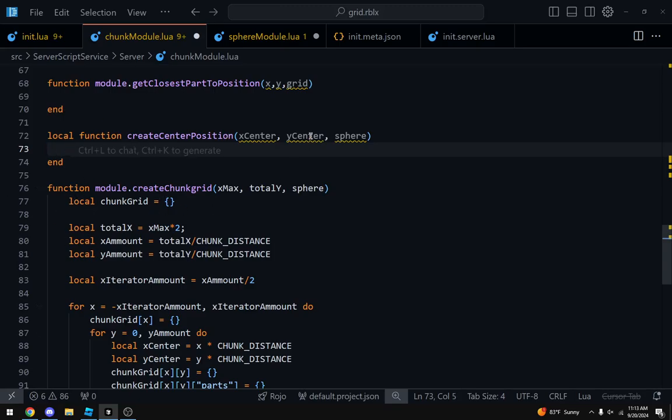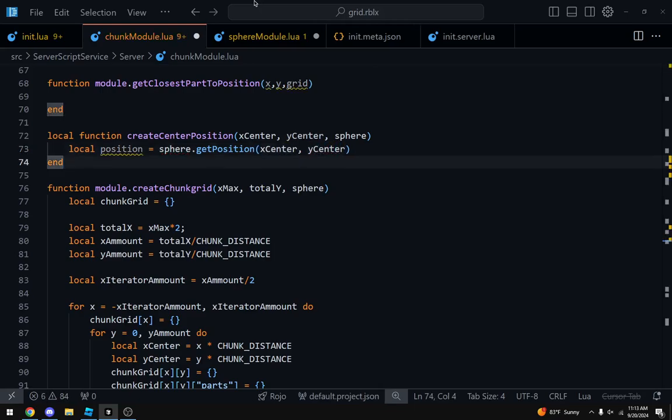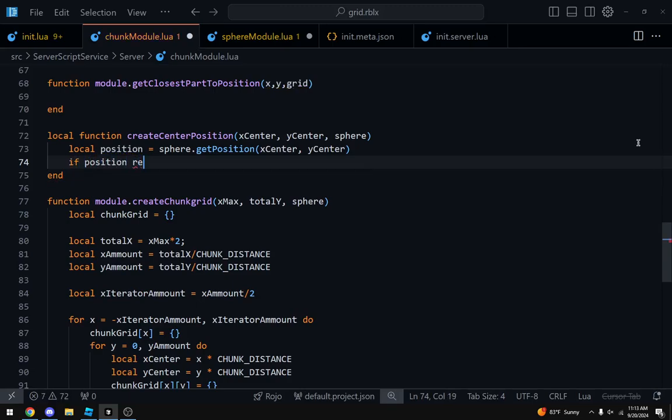So what we want to do is do local position equals sphere dot get position, x center, y center. We do if position then return position, end. So if we have the position, then we got lucky and we already had it, so we don't care.